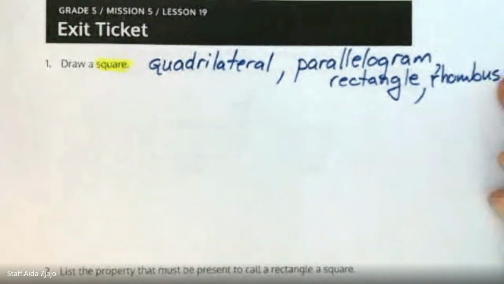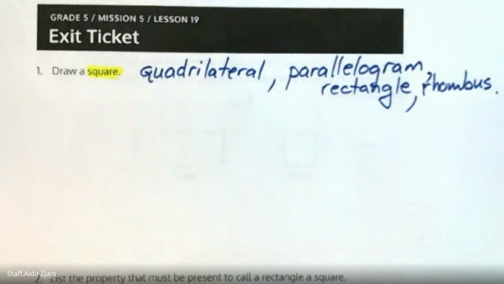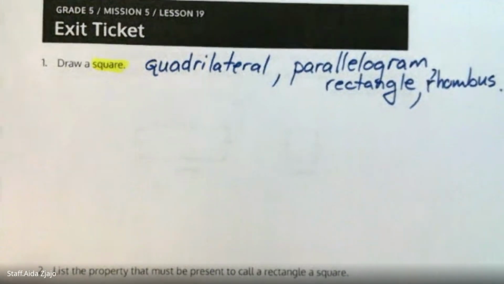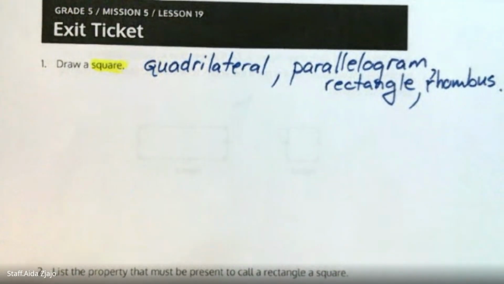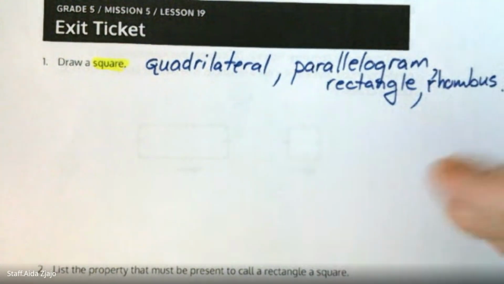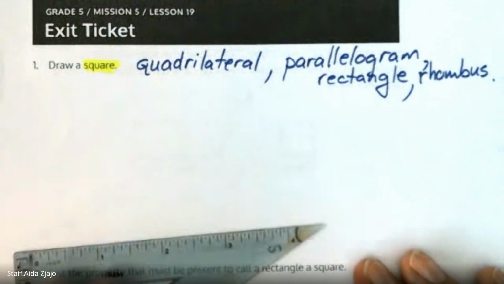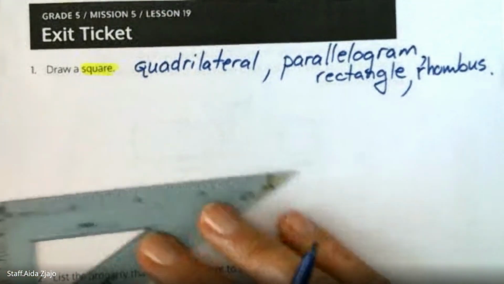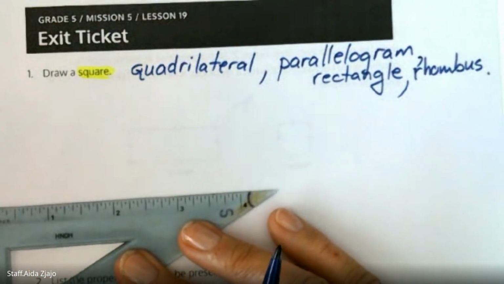All these are nicknames for square. It's a polygon, a quadrilateral, a parallelogram, a rectangle, a rhombus. Okay, so to draw a square, let's start with one